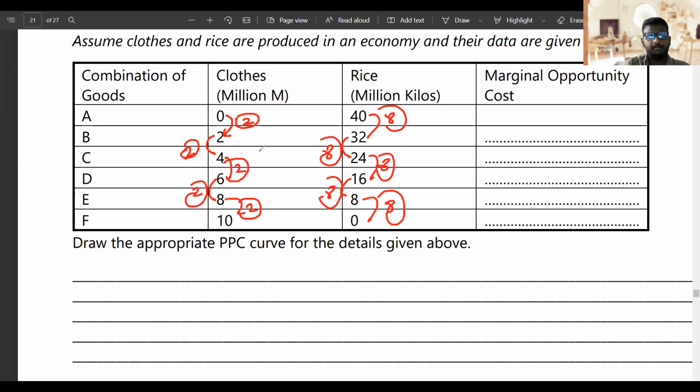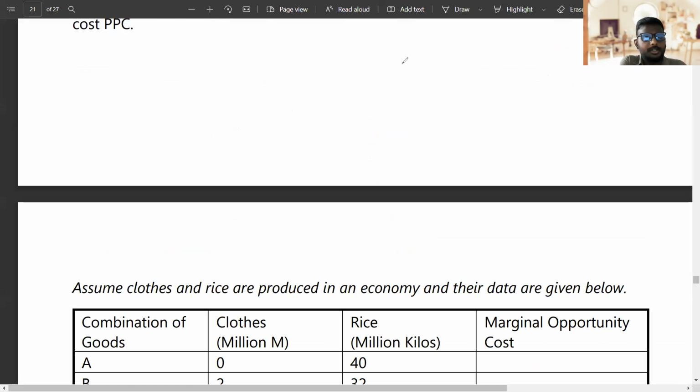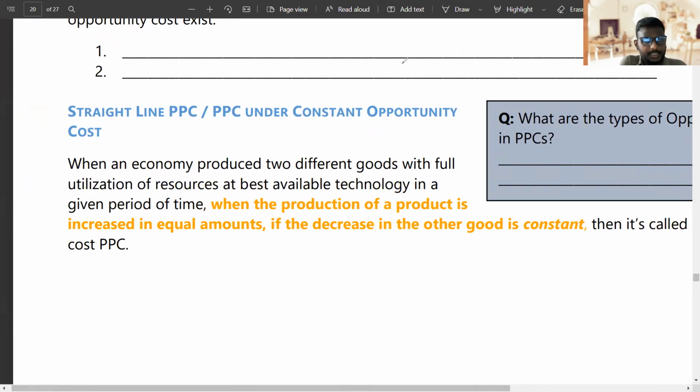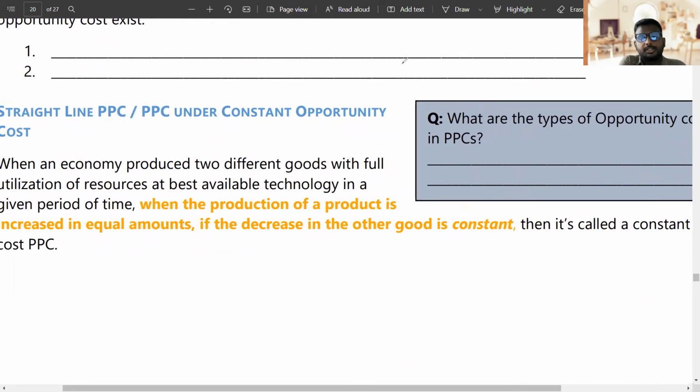There it was 1, 1, 1, 1. Here, it's 2, 2, 2, 2. What you lose earlier kept on increasing. Here, it remained the same. So this is called constant opportunity cost. What is constant opportunity cost? When the production of a product is increased in equal quantities, if the decrease in the other good is constant, it's constant opportunity cost. So your answer is first, when you increase one production,